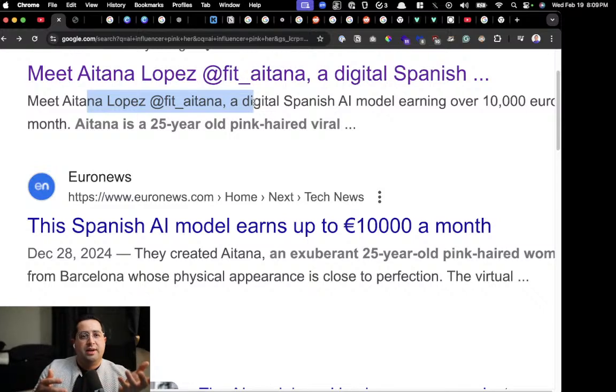Meta's trying to do this right now with Instagram and their fake profiles. That's why I left Instagram. As soon as they did fake profiles on Instagram, I was like, I'm done. This platform's dead. This is dead internet theory. It's not worth it. And so that's why it's more about building a brand around an AI influencer that you then use to sponsor either your own products or services at the end of the day.